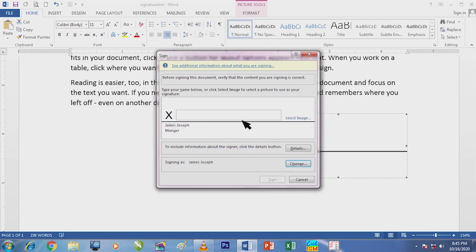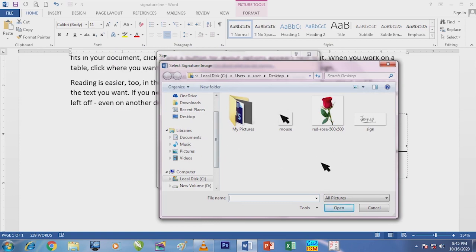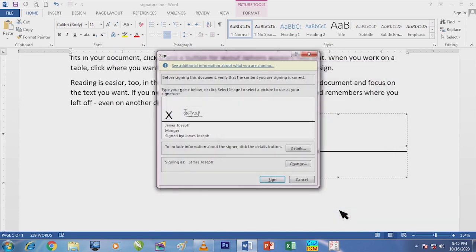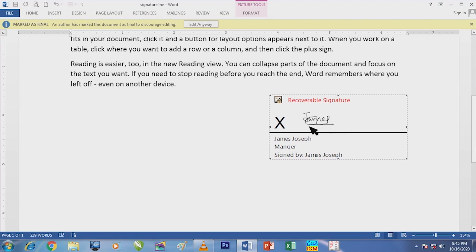Then again I go to insert image, work offline, and go to the sign where I have placed the sign in desktop. I select that and click on the sign button and the signature appears there. But we see something just above it, a recoverable signature.